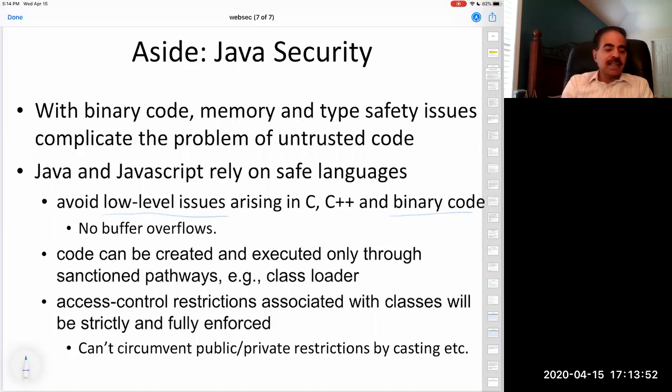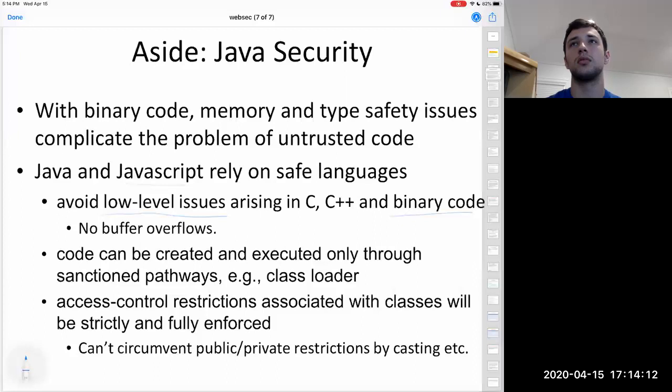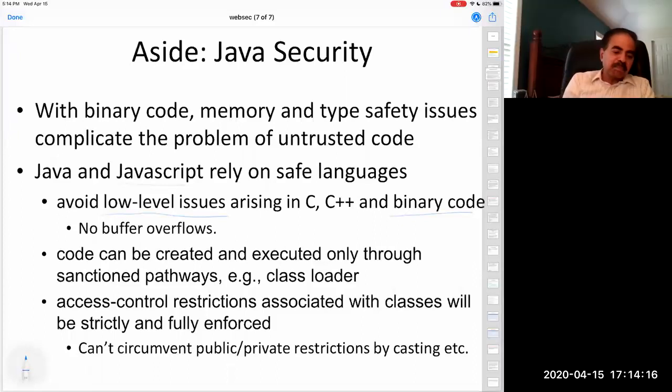And these get rid of a class of problems that we have when we are able to send and execute binary code. So in contrast, when we deal with safe languages, then these low-level problems we no longer have to worry about. So that is good in that sense, but